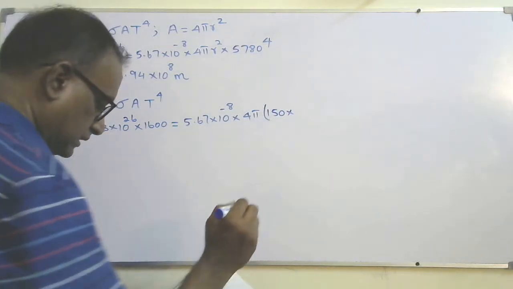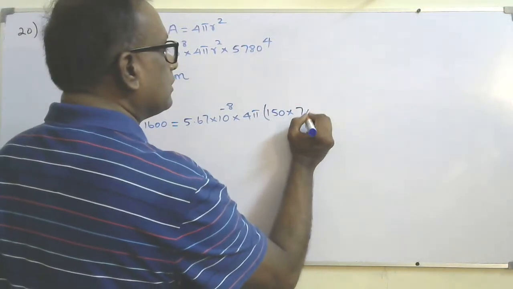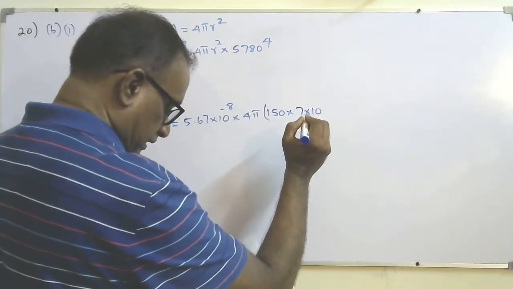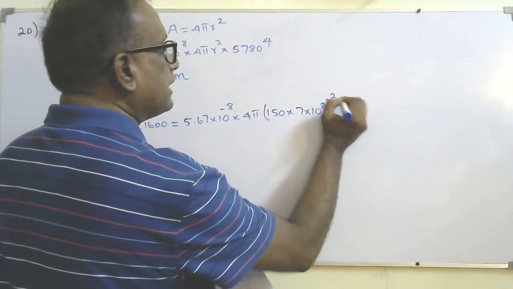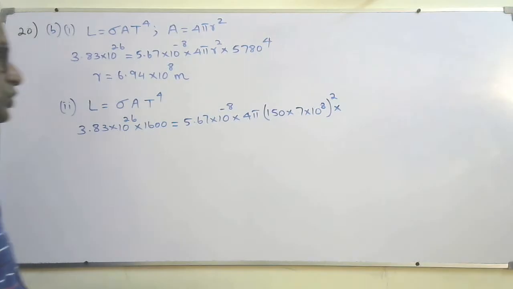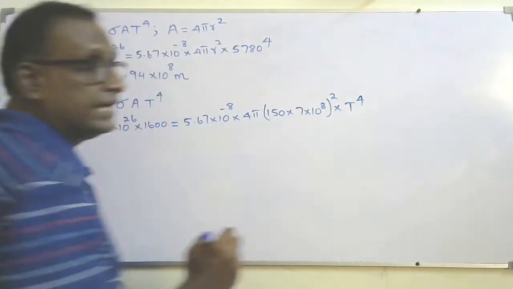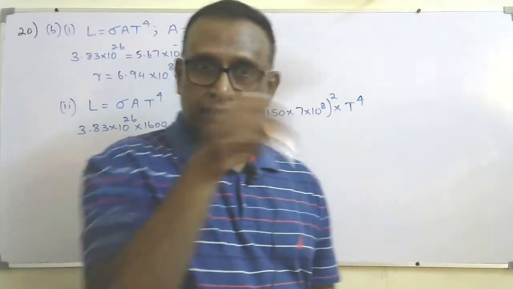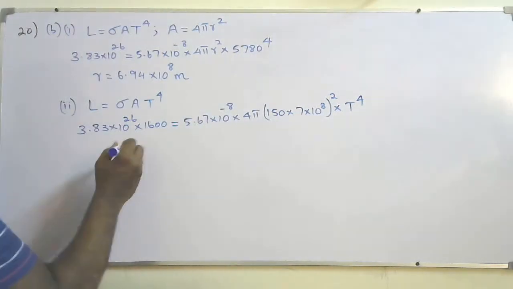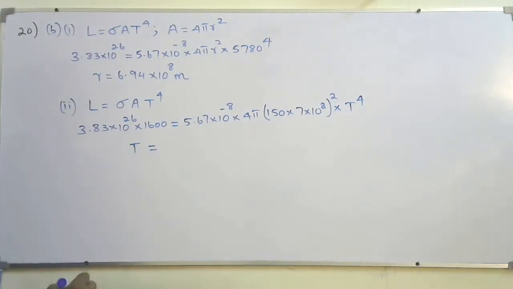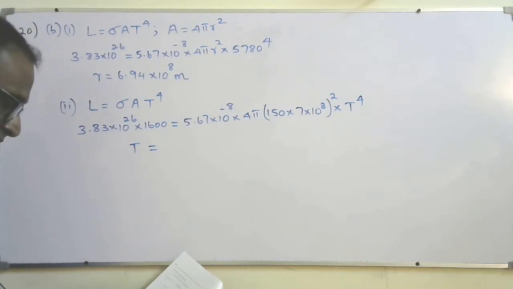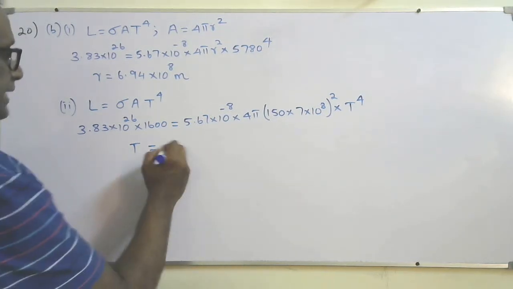150 times 7 into 10 to the power 8, all things squared, into T to the power 4. I need to find the temperature of the red giant when the Sun becomes a red giant. So solve it and take the fourth root of it. Find the temperature, that will be in Kelvin. So you will get 2972